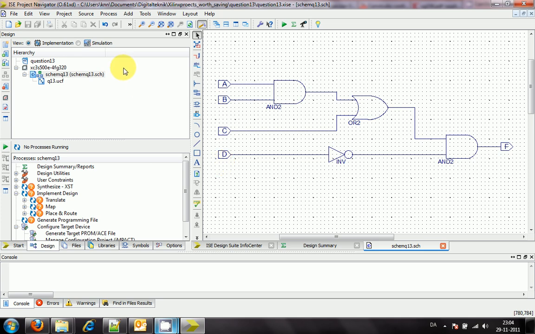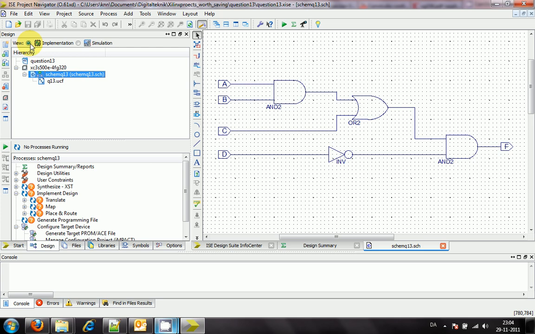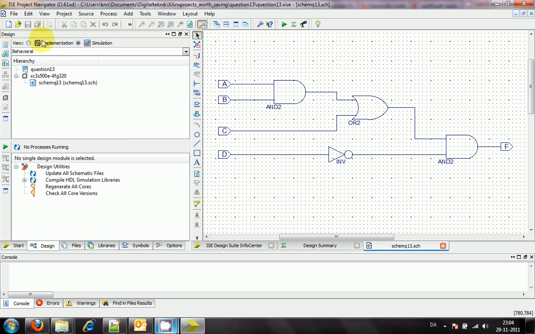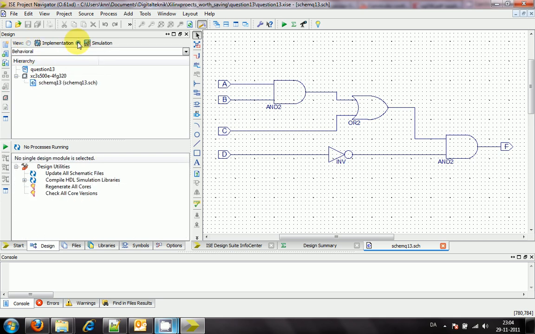Another very interesting thing here is that if I'm going to simulate the system, I will press this little thing and it goes into simulation. This will change the full setup of the development system, so I need to be aware if I'm in implementation mode or in simulation mode. I'll have to go back to implementation mode when I have to generate my bit file, etc. So now I'm going to simulation, and I will